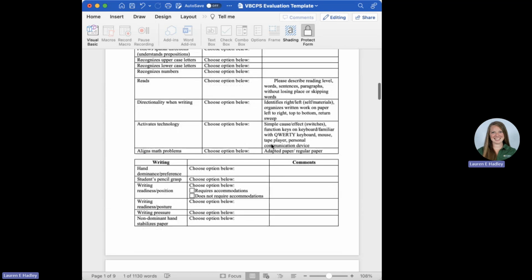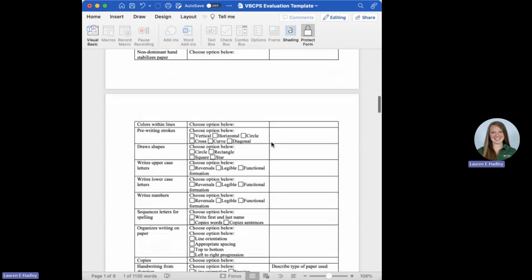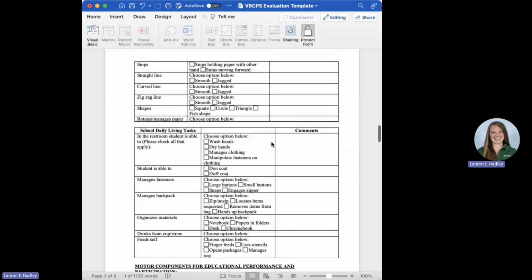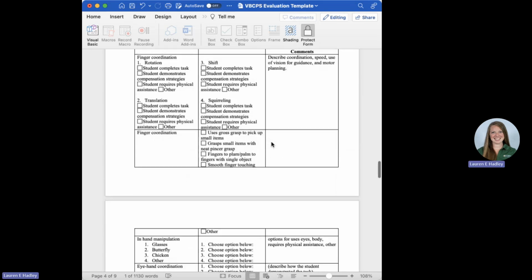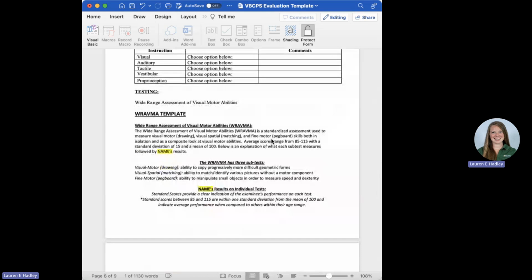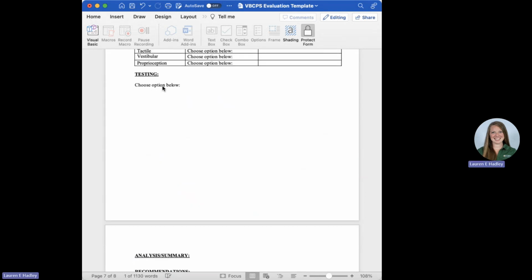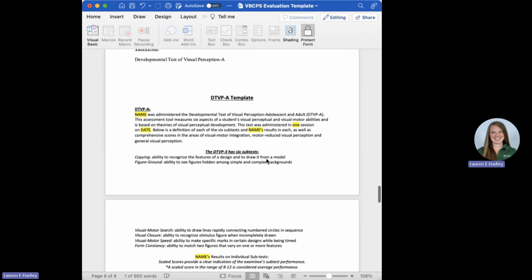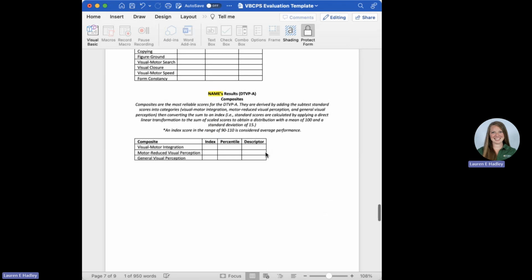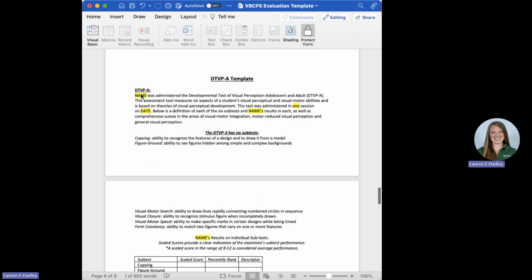So then another thing to know about this template is that down at the bottom where the testing is, when you're choosing the options, you have to choose one of these, whichever one it may be, but you have to immediately click tab, and then the template will pop up. But in order to